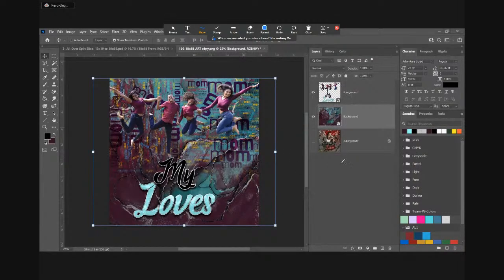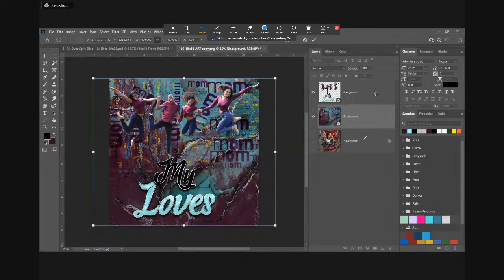Looks amazing. Okay, so now what you can do is make sure, because this is a pillow, right? And you're going to be sewing around here. So make sure that nothing important gets cut off. If it cuts off their hands a little bit, it's fine, but make sure nobody's eyes are getting cut off, the top of somebody's head's not getting cut off, important words aren't being cut off, that sort of thing. So just resize it if you need to. You can select the individual layer and do Control T for any layer that you want to transform. But once you get it where you want it,